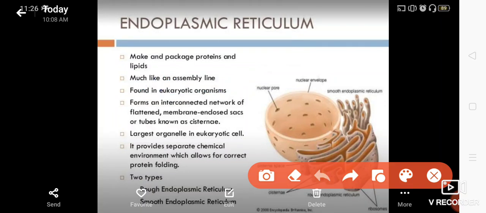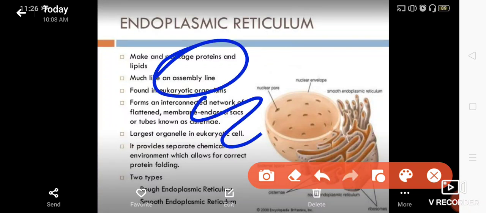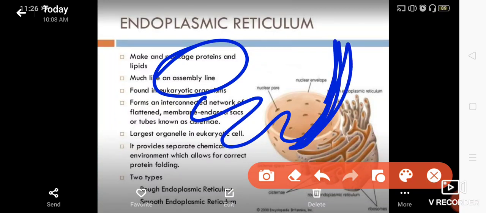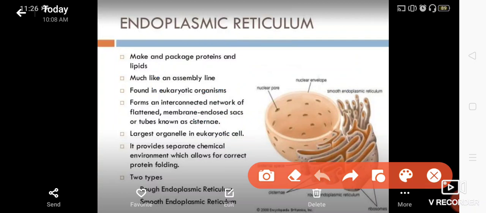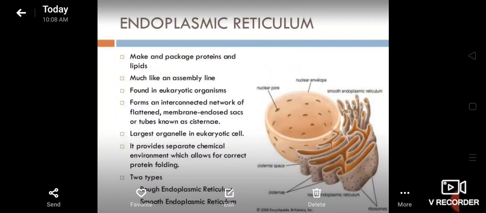Endoplasmic reticulum: reticulum means the network. The network found inside the cytoplasm is known as endoplasmic reticulum. These are the largest cell organelles. Keep it in your mind always. It is for your general knowledge that it is the largest cell organelle, because it starts from the nucleus and it ends at the plasma membrane. That is why it is the largest one. So these are of two types, as I told you already.